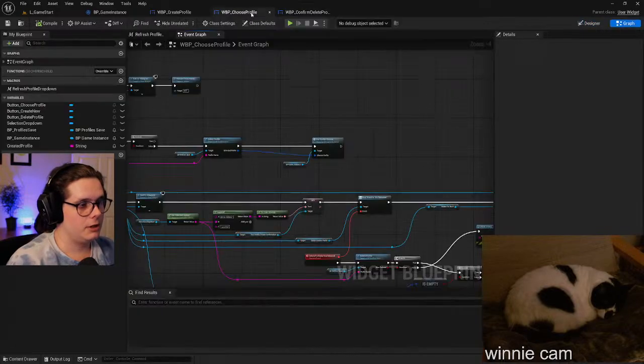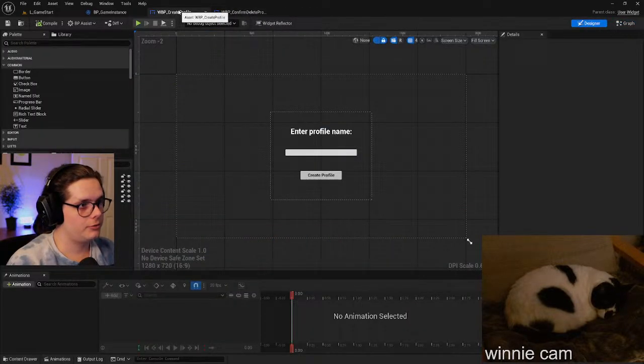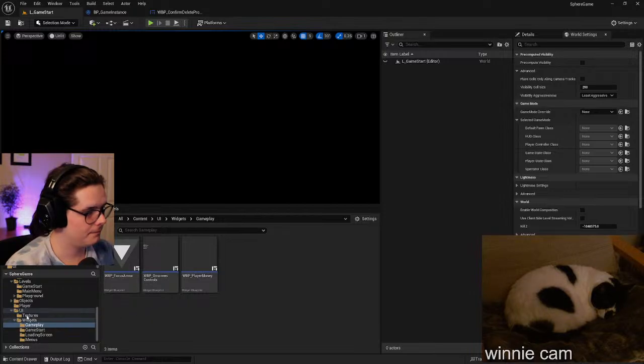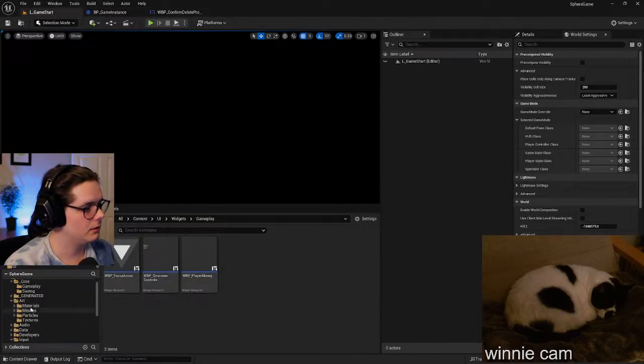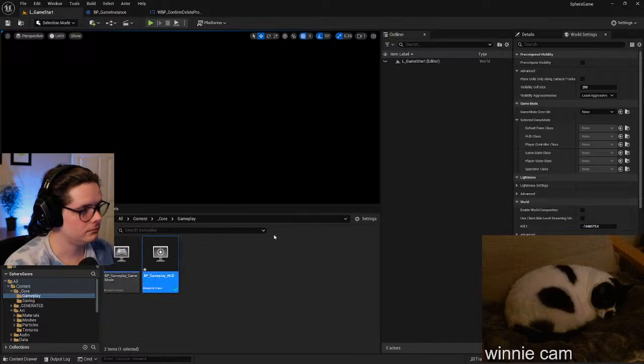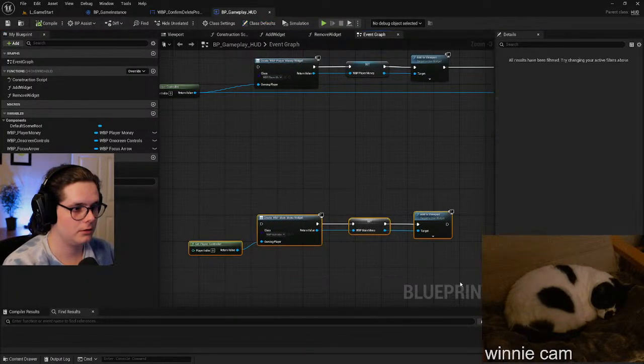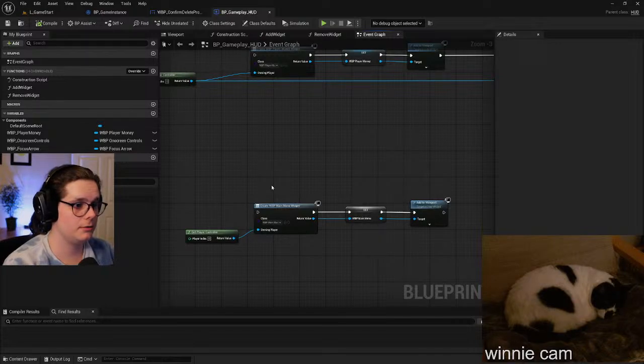Done with choose profile. Done with create profile. Confirm delete profile, we love that. And yeah, we're still using HUD gameplay, huh? Yeah. And here's where create main menu widget, that's right. We need to go to our,